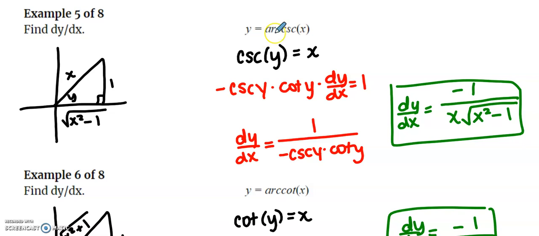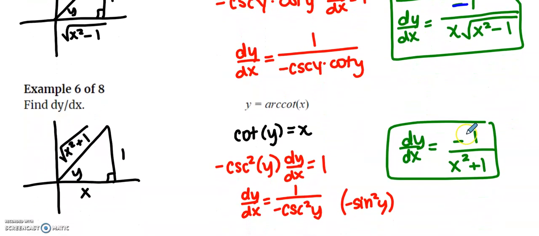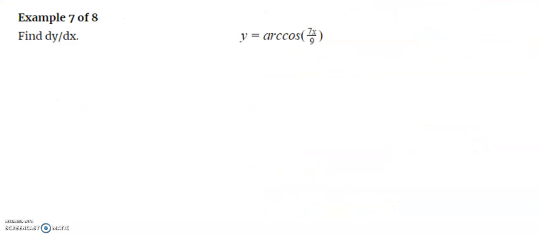Notice then for arc cosecant, it looks just like arc secant, except the co is negative. And arc cotangent looks just like arc tangent, except negative. And again, arc cotangent is bottom-heavy, no square roots involved. Might come back, I wouldn't say haunt us, might come back to show up later in our AP Calculus lives. Okay, we've got 2 more with a little bit of a twist, because now instead of just finding x,